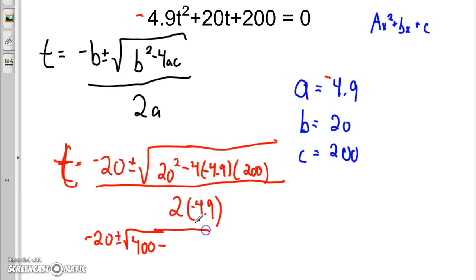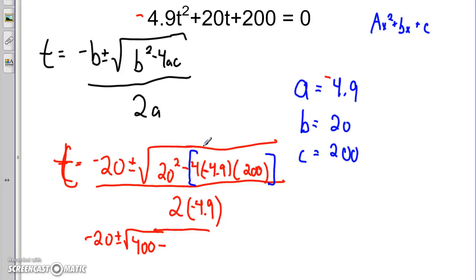So I have 400 minus, now, in my calculator, this is the way I kind of see it. We're going to take 20 squared minus whatever 4 times negative 4.9 times 200 is. And that's the way I do it on my calculator. I'm about to plug in 4 times negative 4.9 times 200 and then subtract whatever I get. Sometimes you want to do negative 4 times negative. If you want to do that, that's fine, but you have to use a plus sign. So you have to do 20 squared plus negative 4 times negative 4.9 times 200. I'm just going to leave it like this. Alright, 4 times negative 4.9 times 200,